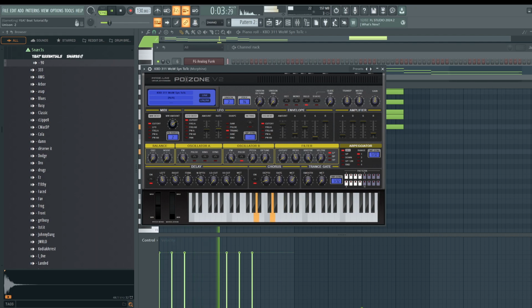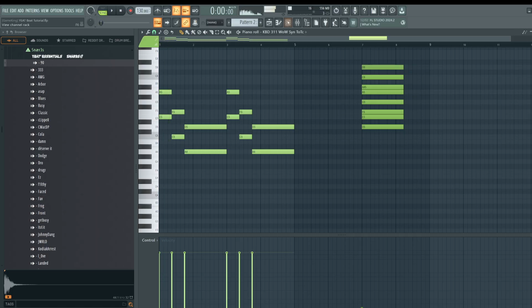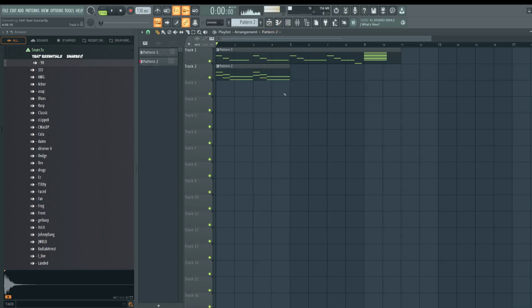Let's turn up this chorus here. Also, it has a trance gate, which is super dope. Let's turn this on though. And we could add a little rhythm to these chords so it's not just bland. So now it has a little movement to it. That's why I like Poison. It kind of hits all the target things that we need to transform a sound pretty quickly